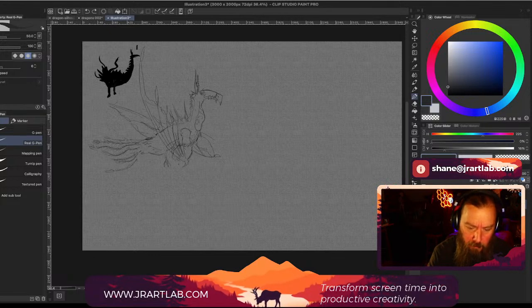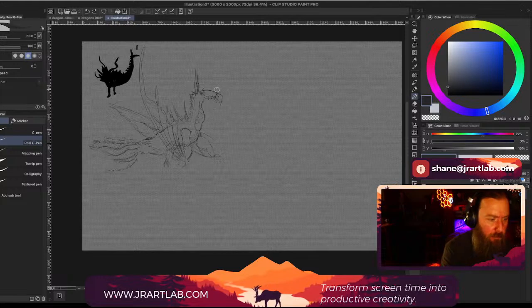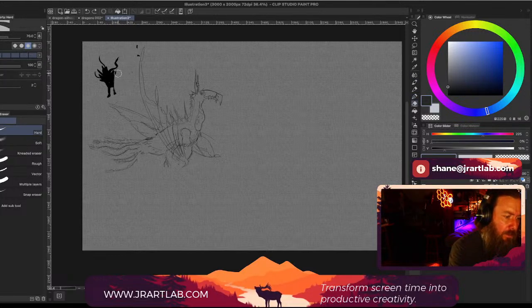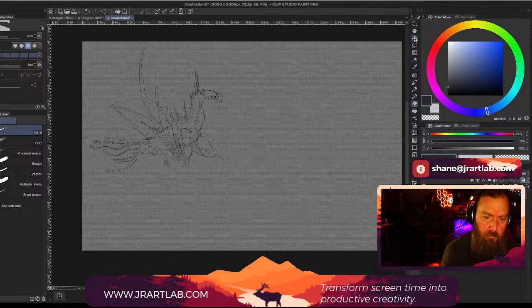So all I've got here is a base color, 50% gray. I've got a little canvas texture over the top. I've got another layer here, and then our original reference copied and pasted from the other document. Now, we don't really need this guy anymore. I was thinking of trying to adjust the positioning.